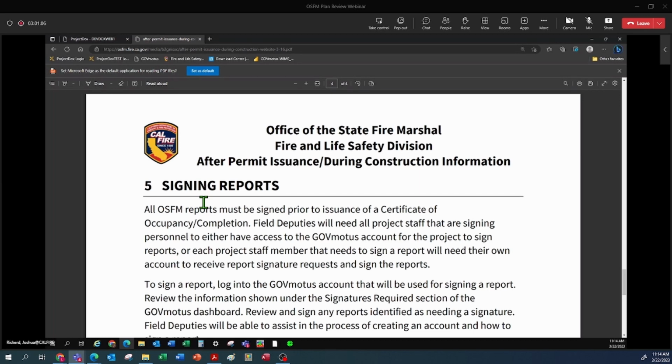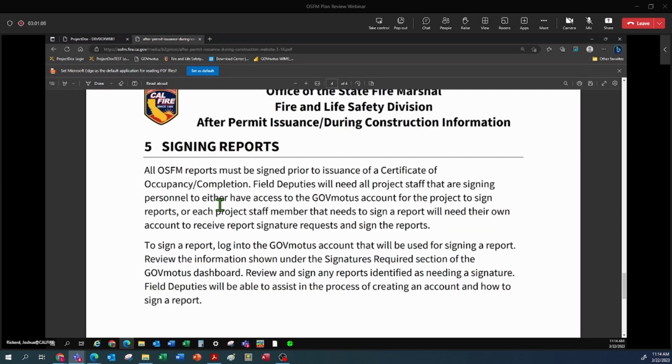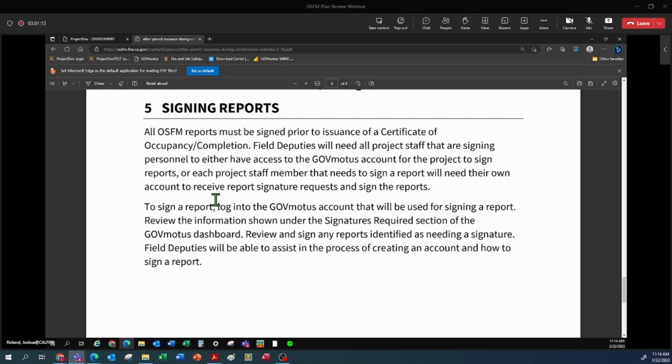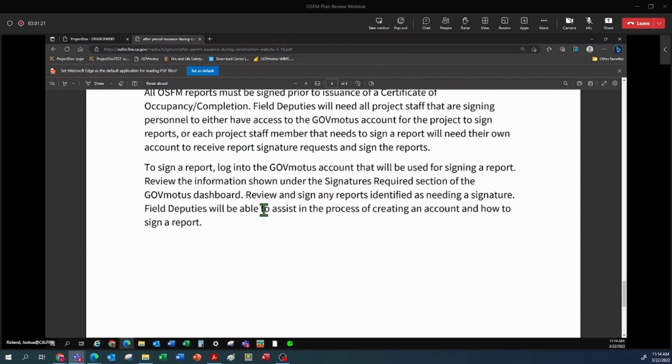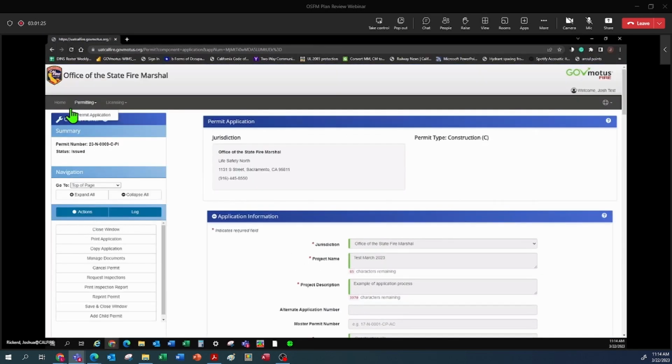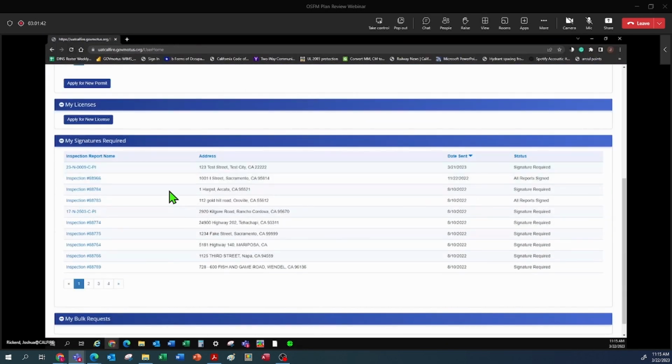After we do inspections, we issue reports, whether it's a pass or it's a fail. It'll have deficiencies if it's a fail. We need to have the reports signed in order to be able to issue the certificate of completion or occupancy through the system. I talked about it briefly from my GovModus dashboard. In the section for my signatures required, I can see that for the permit I have a signature required. If I click on this link,